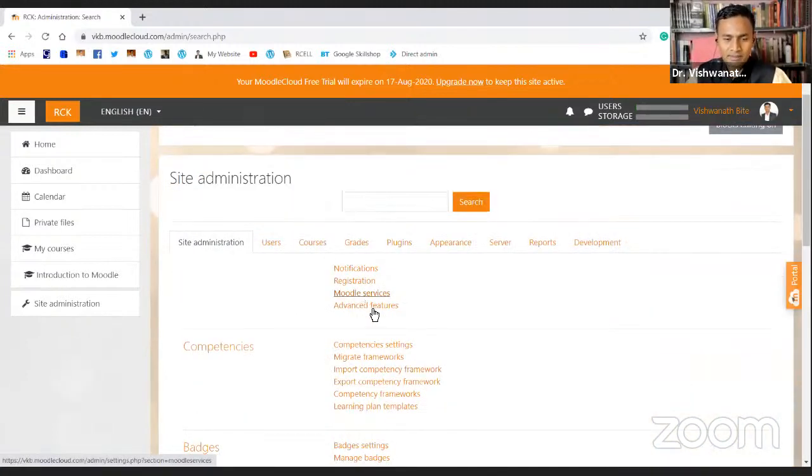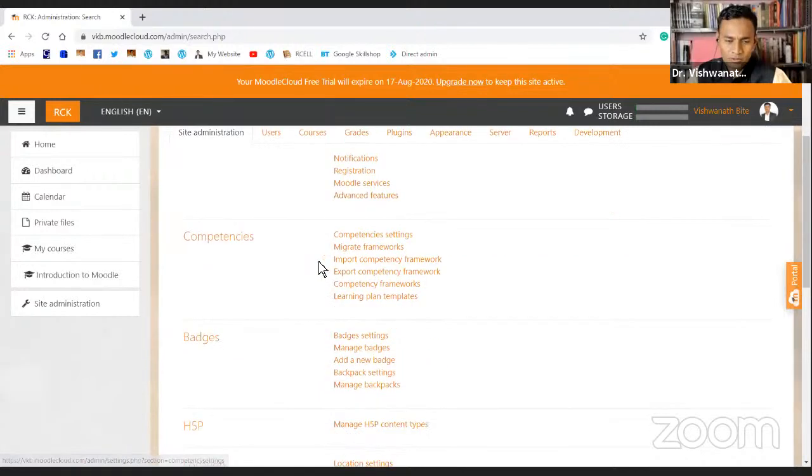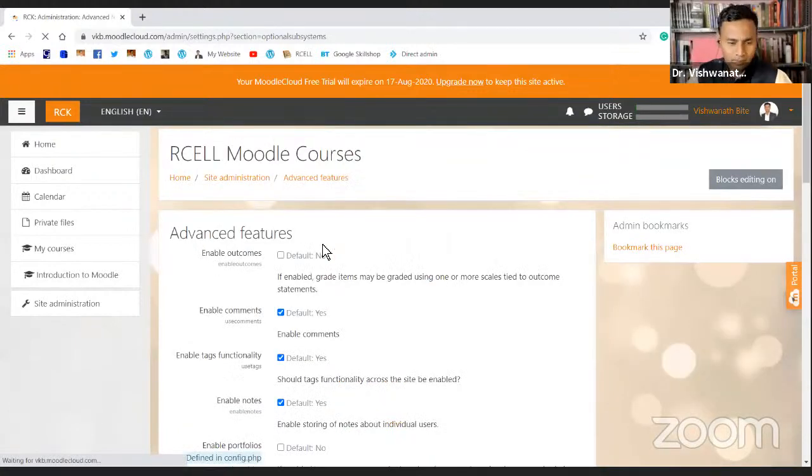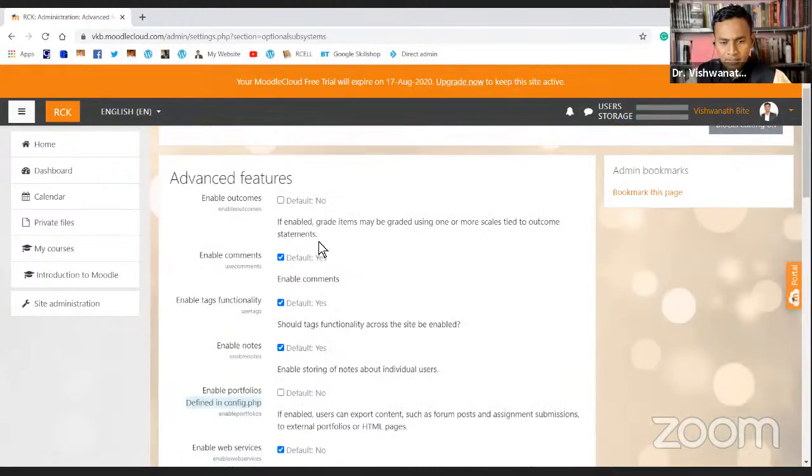Moodle services that are available, advanced features, there is no issue. Maybe in the advanced features, I would like to give you some ideas. Outcomes, by default it's no. If enabled, grade items may be graded using one or more scales tied to outcome statements. So this is important when you want to automate, semi-automate.